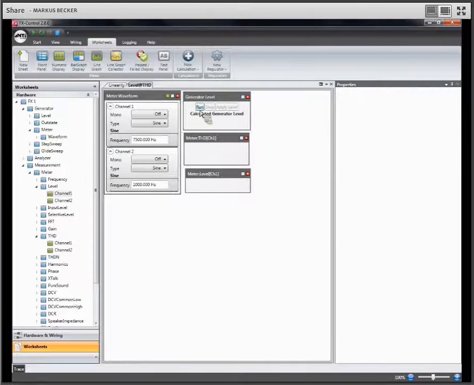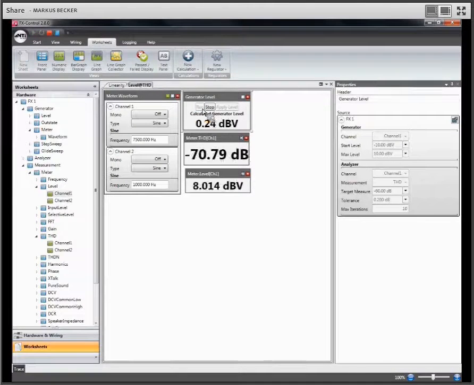Now I run this process. Because I have defined the target in dB, it's also shown here in dB. So you can see with a few steps, the system has automatically identified an output voltage of minus 4.04 dBV, which results in this distortion of the analyzer of minus 60 dB, which is 0.1%. And this would be now the input voltage of the Flexus analyzer, which is the output voltage of the amplifier.